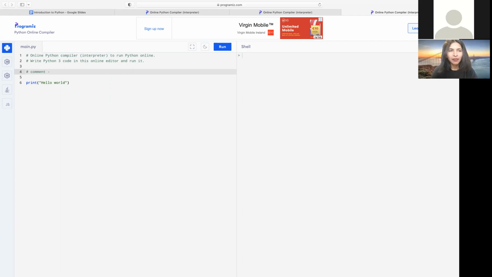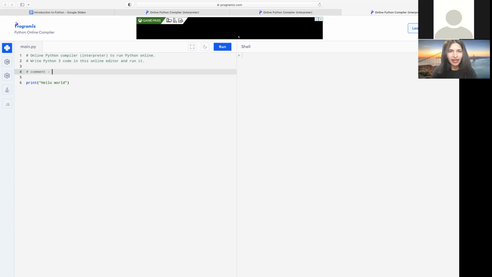Or for that matter, any part of code that we want to stay as it is, but Python shouldn't read it. We write that followed by a hash, and everything that comes after the hash is invisible to Python, but visible to us human developers, just to know what exactly it is.